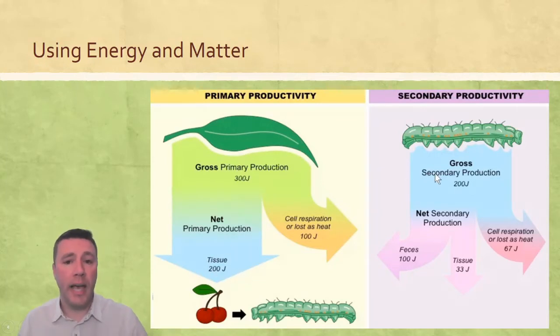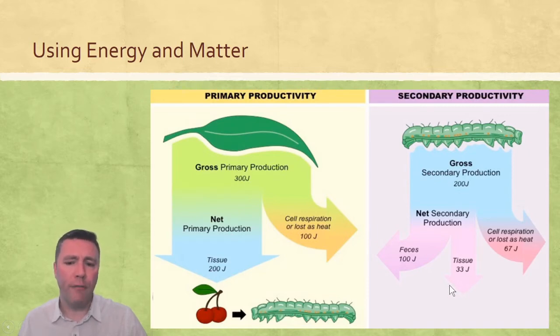When it comes to the animal side of this diagram, we see the incoming amount of energy that was transferred from the producer to the consumer. Now, what happens with this energy? There are a couple destinations that we would find it. One is as a waste product. Another one is as a waste product. And anything that's left over can then be used to increase that organism's biomass.